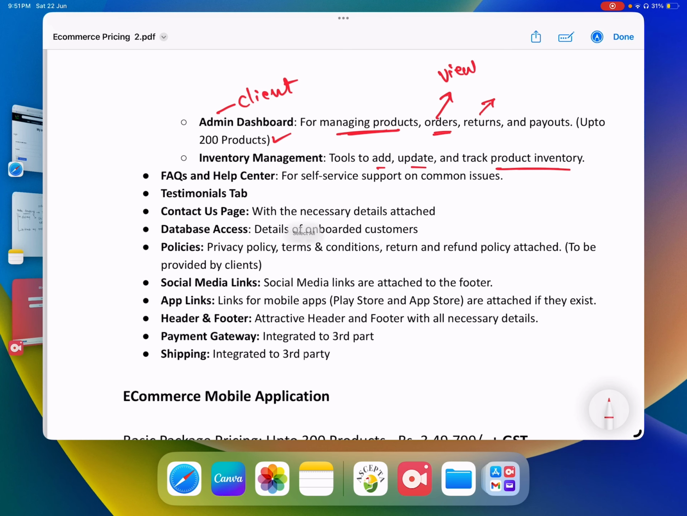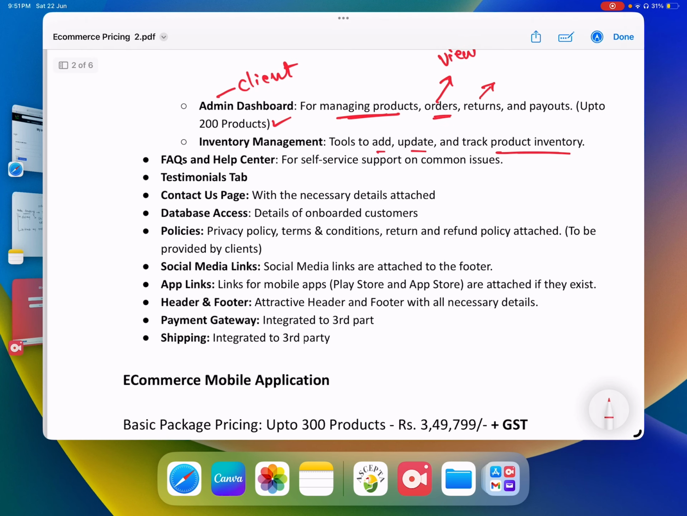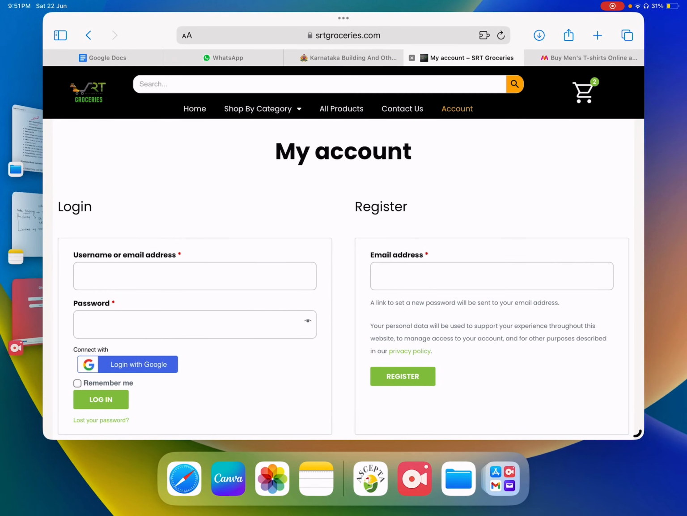Apart from that, in the website, you will have FAQs and a help center. So what is FAQs and help center? If you can go to home,